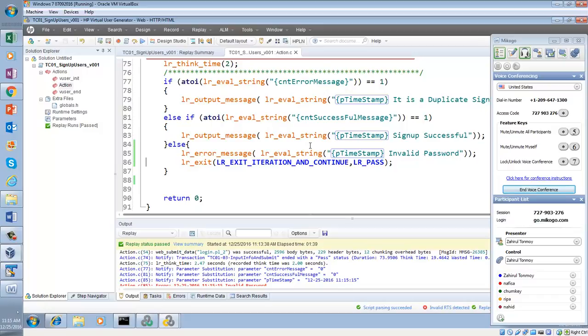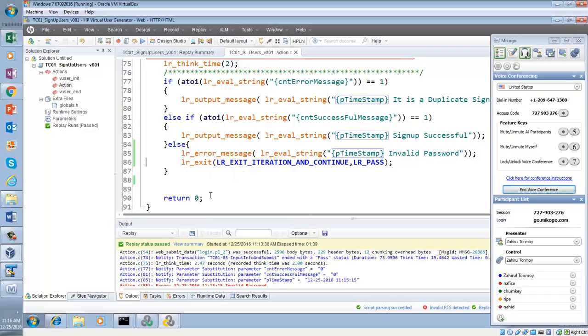So this change I can compare with the report event, where you put the fail status, remember? This error message is the same thing. It will put an error message. Now take a look, what is the purpose of this LR exit?